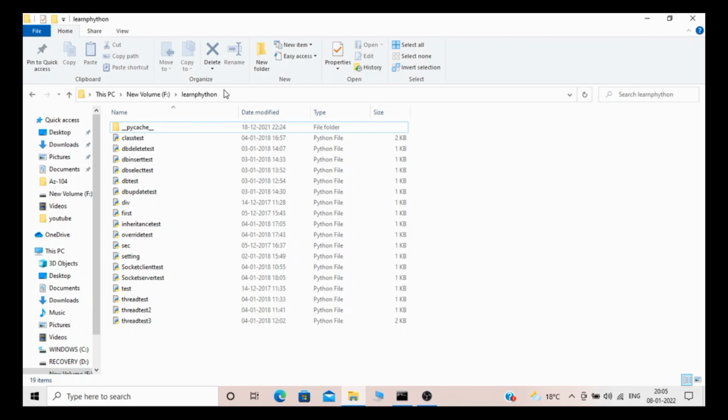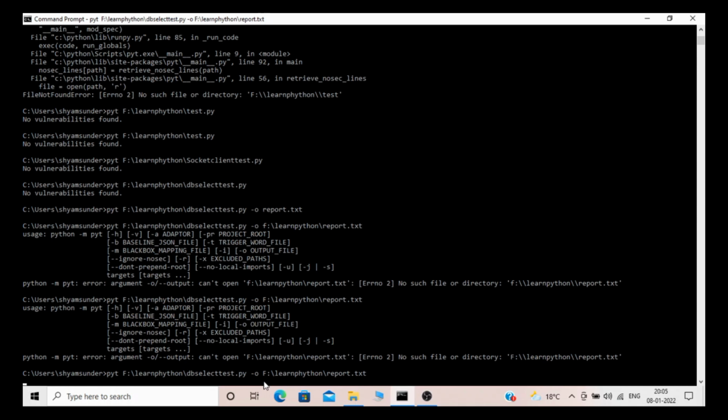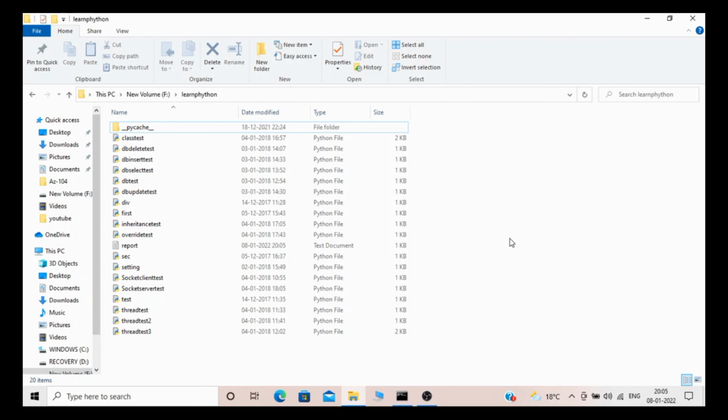Let me copy that path again and paste it over there. Now we can check whether there is anything inside that.